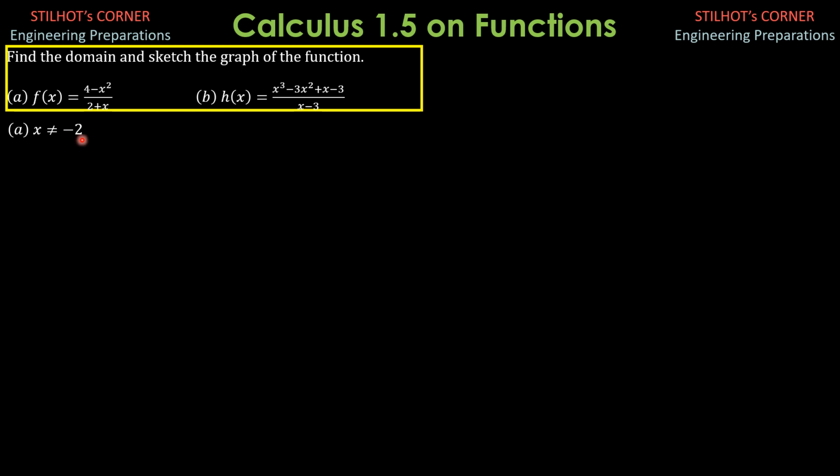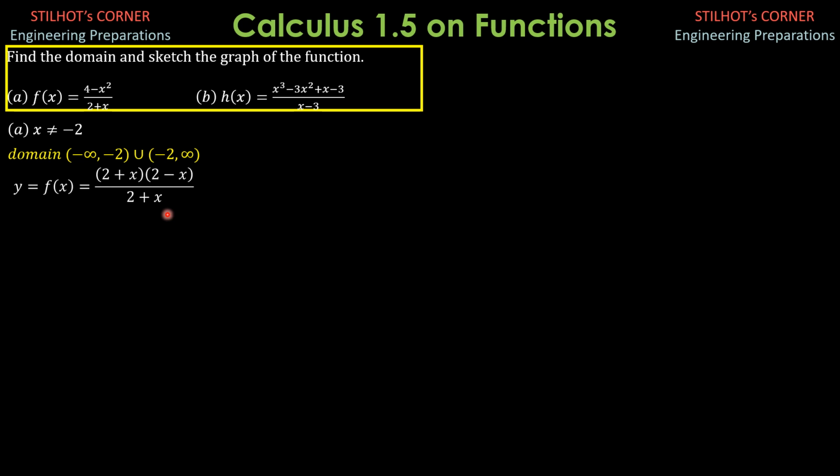That is indicated by the interval negative infinity to negative 2, close parentheses, because negative 2 is not included, union with open parentheses negative 2 to positive infinity. So that's the domain. And we can sketch the graph by simplifying this. Let us denote y equals f of x. We factor the numerator because that's a difference of two squares, quantity 2 plus x, 2 minus x, over 2 plus x, so cancel 2 plus x.